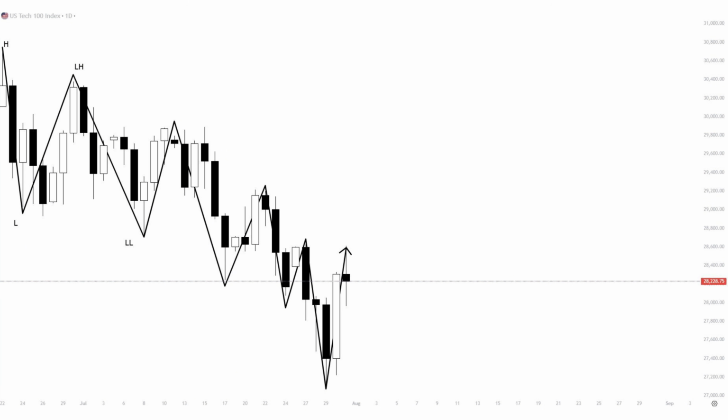So now the market has confirmed a lower high that is then coupled or followed by a lower low, and it's only when we have these two downtrend swing points that we can truly say that the market has entered into a downtrend. And if you remember what I said at the beginning of this video, a downtrend is a market that repeats this pattern of a lower high, followed with a lower low,